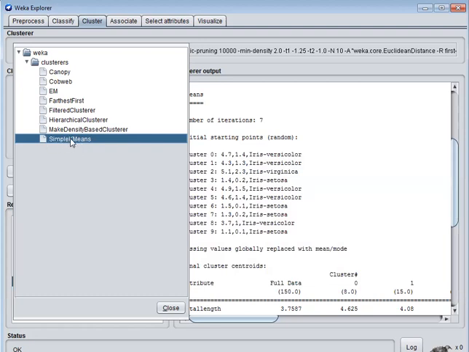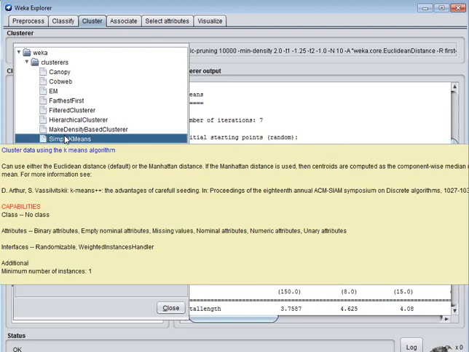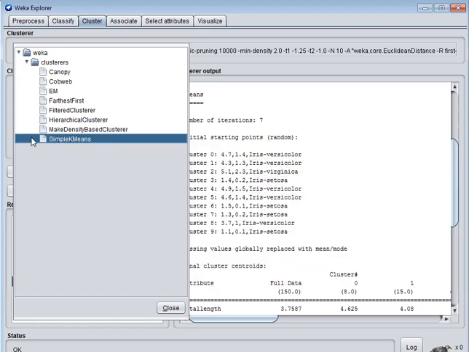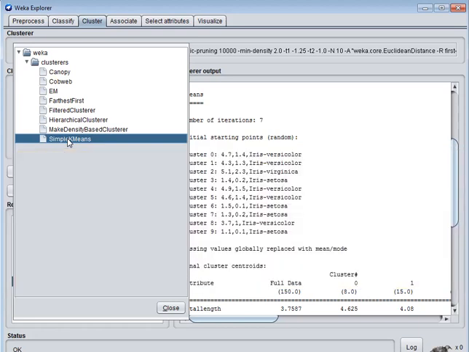The details of SimpleKMeans are displayed whenever we move on the corresponding menu. The attributes applicable for the clustering technique are also mentioned in the description. The class has no class, and the initialization is randomized.